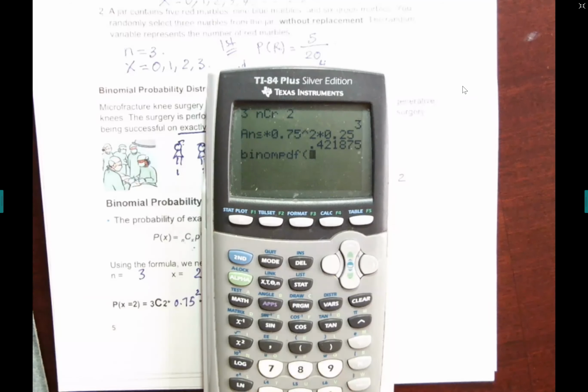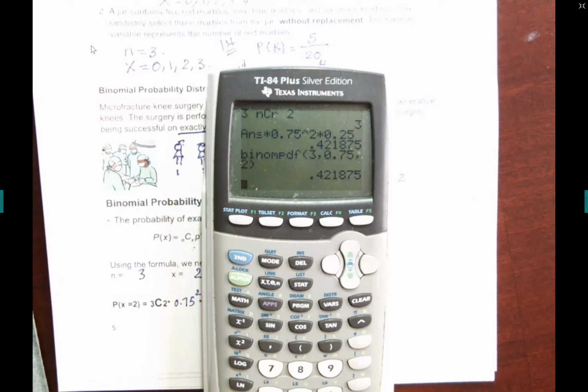What is n, guys? What's n? 3, correct? Comma. What is p? 0.75. Comma. What is x? He's asking us to find the probability of x equals 2. We should just put 2 here and watch, guys. It's going to be like magic. 0.422. So you need n, you need p, you need x, and the binomial PDF